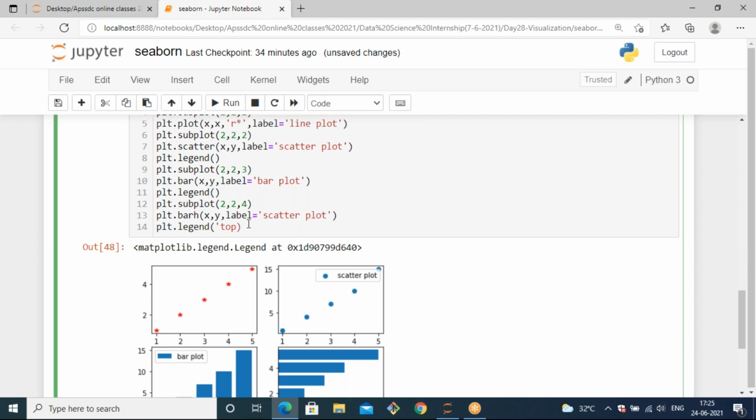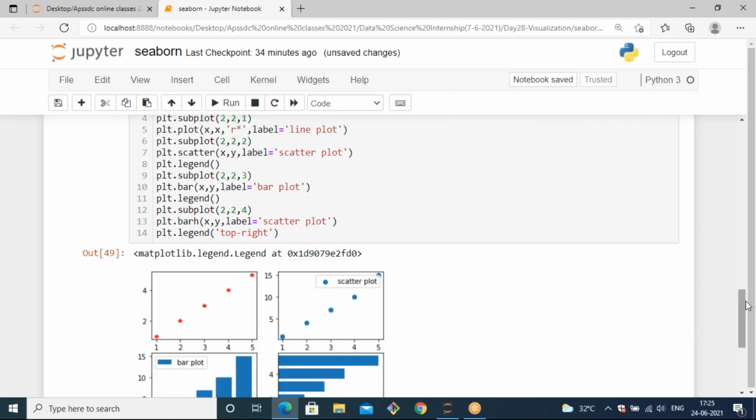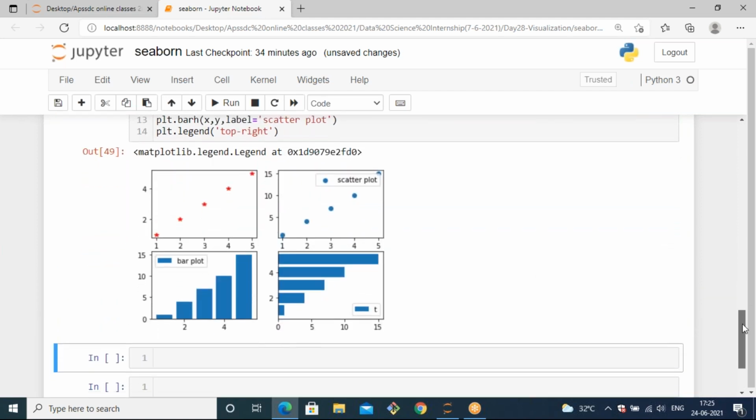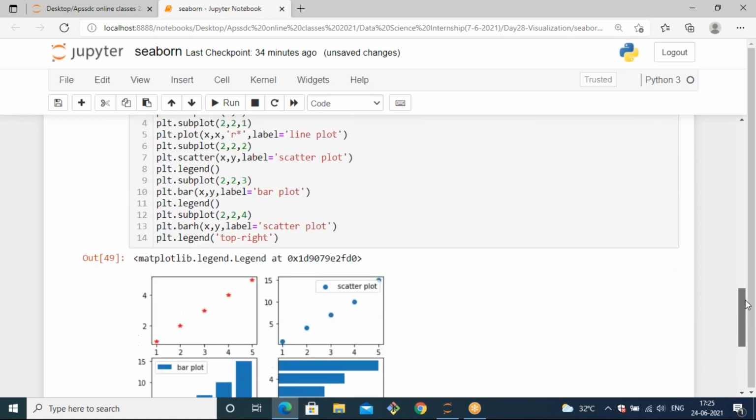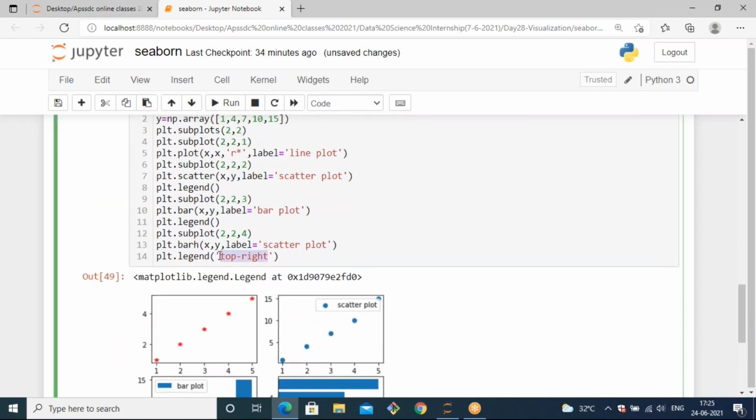Top right. I think it is a kind of alignment previously, but now the matplotlib version is updated. Okay, so instead of legend also you will get the label names. You don't worry. But previously when you wanted to get the label names, you needed to make sure this legend should be passed.